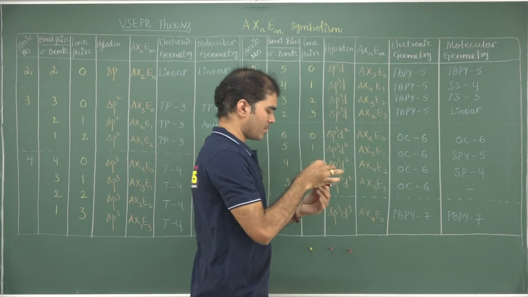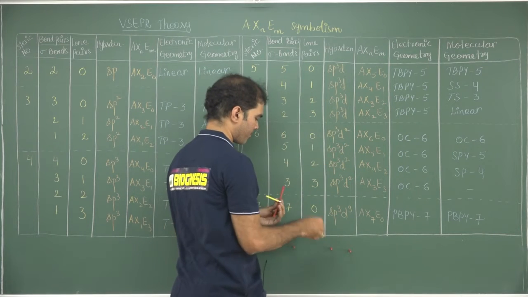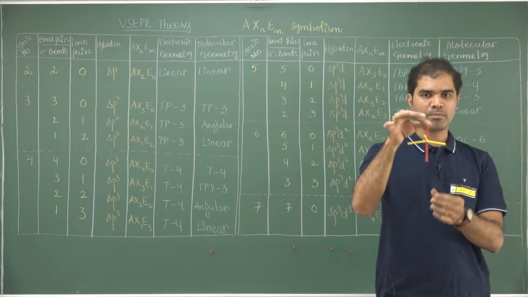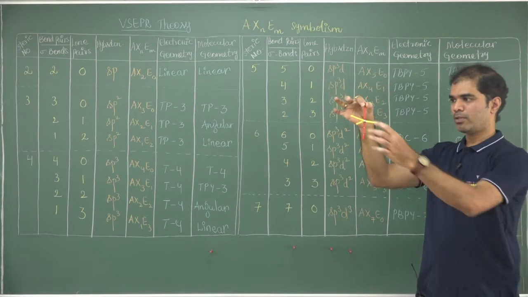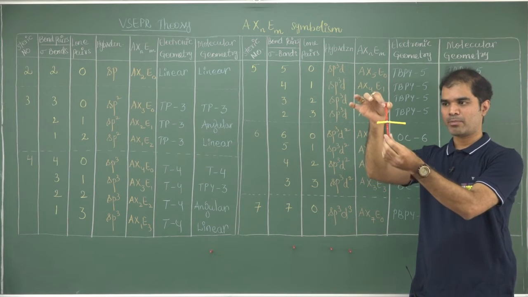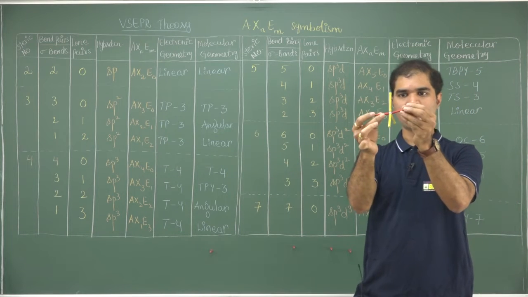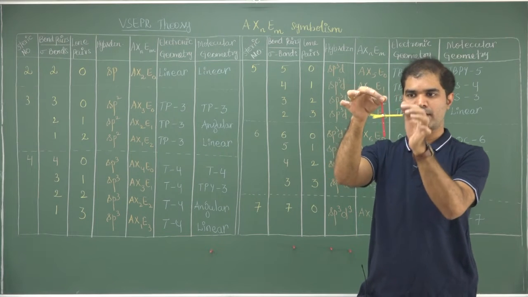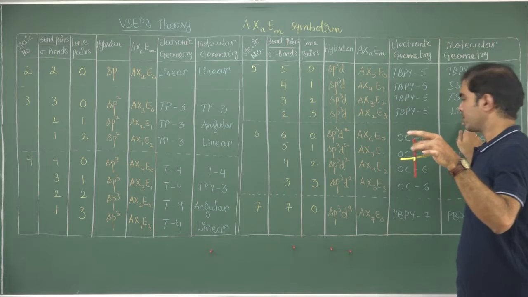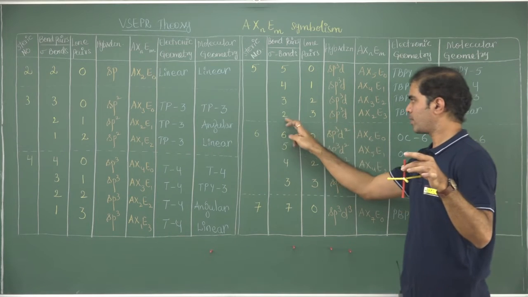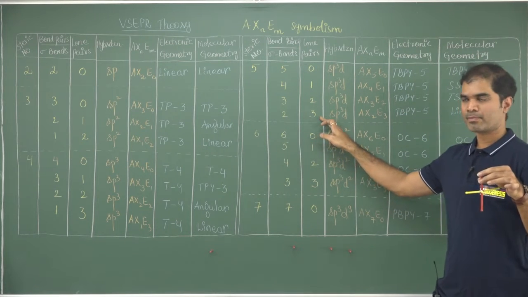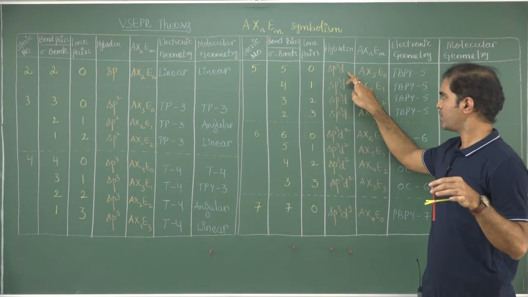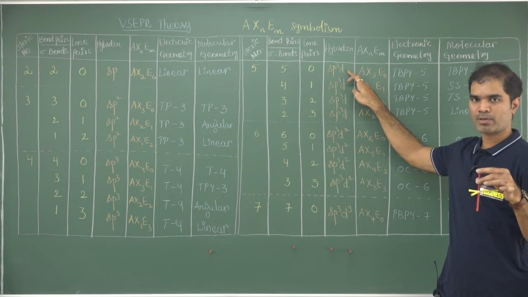Let me choose one more lone pair, and even that lone pair will choose the equatorial position. So when I choose that lone pair, the steric geometry or the electronic geometry is still a trigonal bipyramidal one. It is still a trigonal bipyramidal one. But when you look at the molecular geometry, it is a linear one. The molecular geometry is linear whenever you have a 2-3 combination. That is for steric number 5. And for steric number 5, hybridization is constant sp3d, where a dz square orbital is involved.